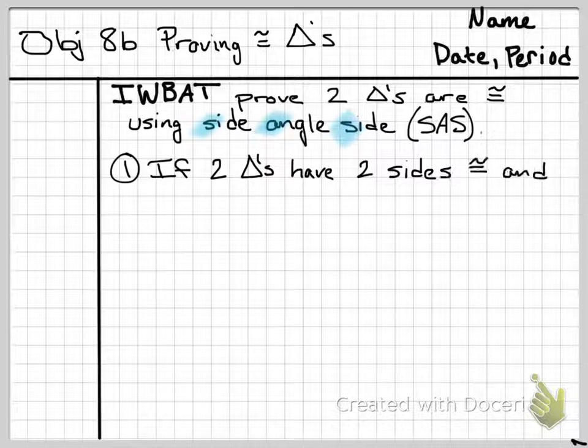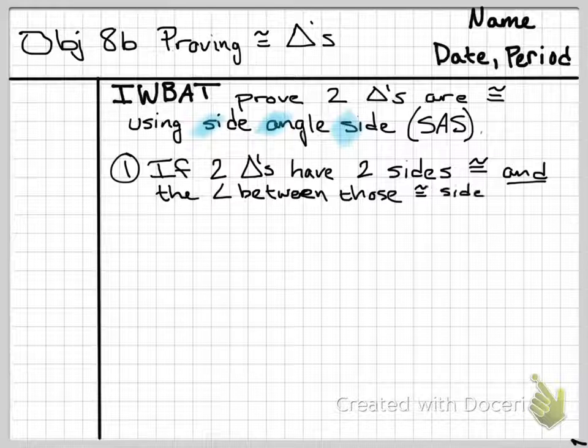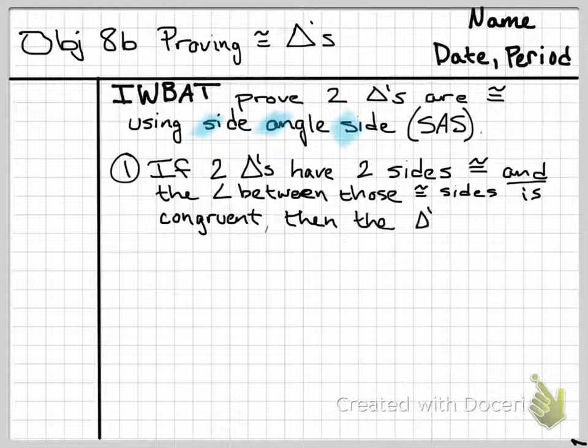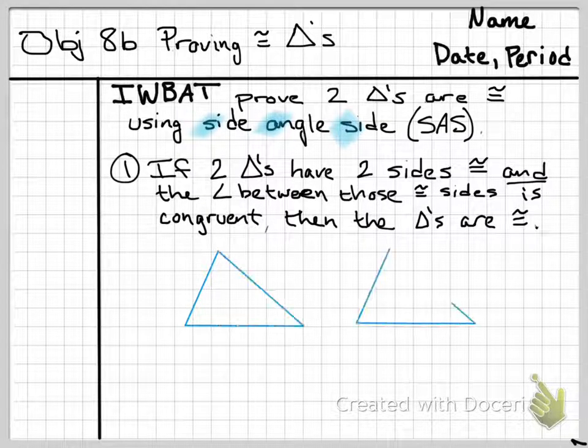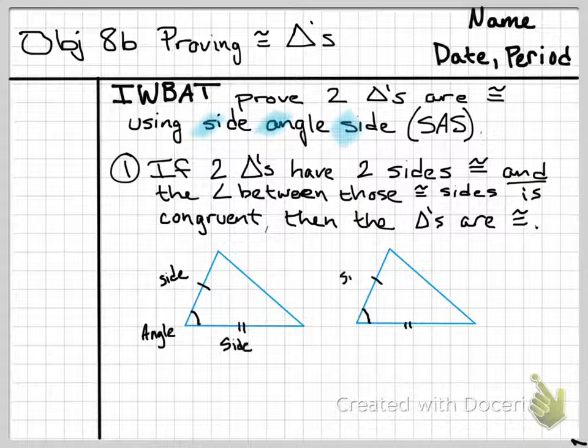If two triangles have two sides that are congruent, and the angle between those congruent sides is also congruent, then the triangles are congruent. So I have two triangles here, and I see that they both have two sides congruent, and the angle between those two sides, or the angle formed by those two congruent sides, is also congruent in both triangles. Then I can tell that these two triangles are congruent, meaning all the other pieces,